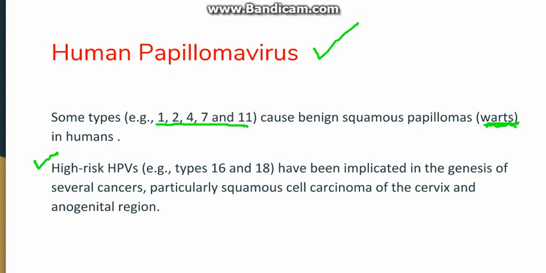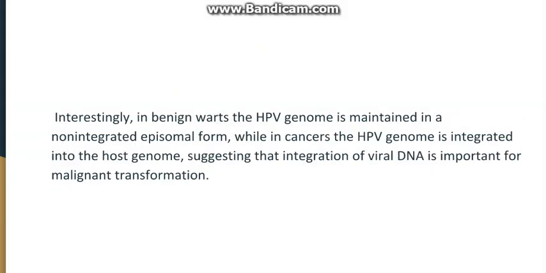The high risk HPVs are 16 and 18, and they are responsible for carcinoma of the cervix and the anogenital region. Now, what is the difference? In the warts, the HPV genome will remain in the non-integrated form from the host genome. It will be in the episomal form, whereas in cancers the HPV genome will be integrated into the host genome, causing